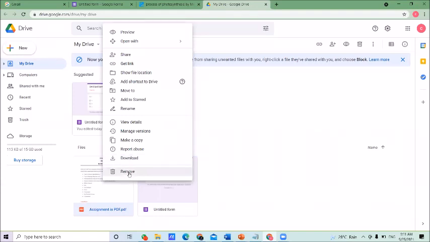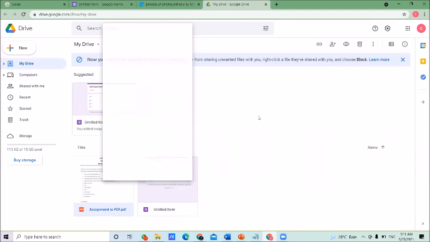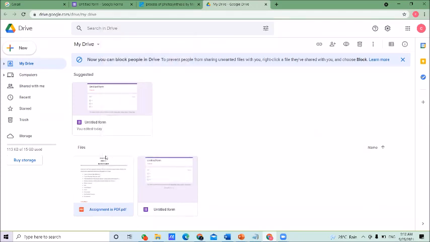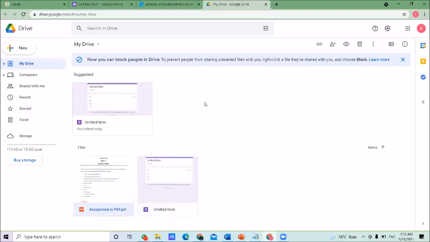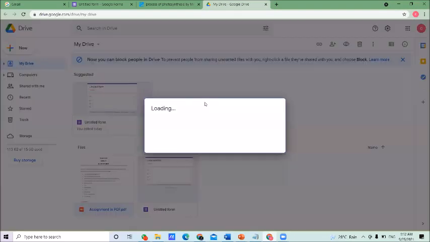Now I want to get a shareable link of this document. Therefore, right click, and there is an option called Get link. Click on Get link. Once I click this, you will see another box here, still loading.